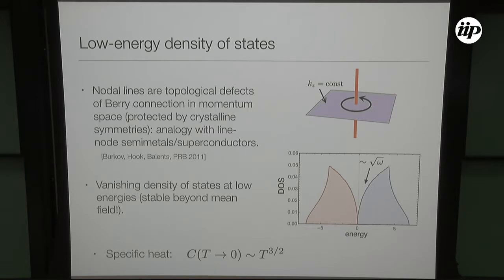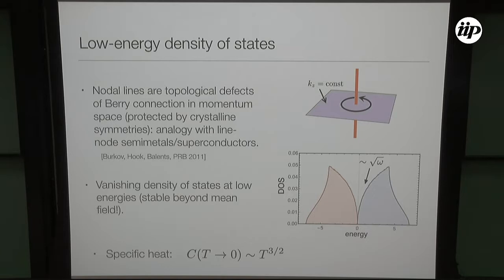And this is something good from the point of view that if you want to take this model beyond the mean field level, you can argue that this chiral spin orbital liquid is going to be stable because, with the vanishing low energy density of states, interactions between Majorana fermions are going to be irrelevant in the sense of the renormalization group. These will be short-range interactions. They would be irrelevant.